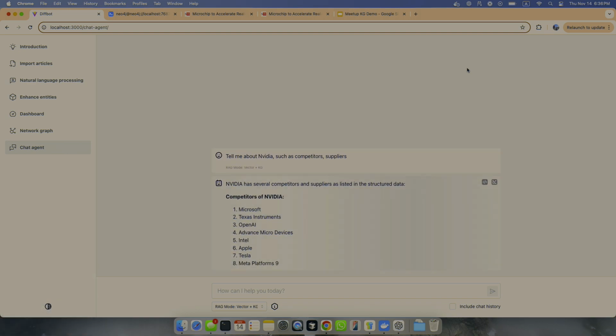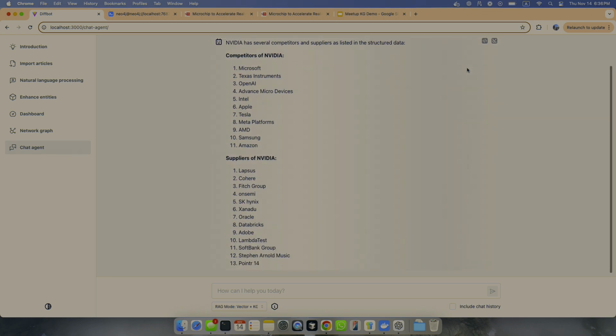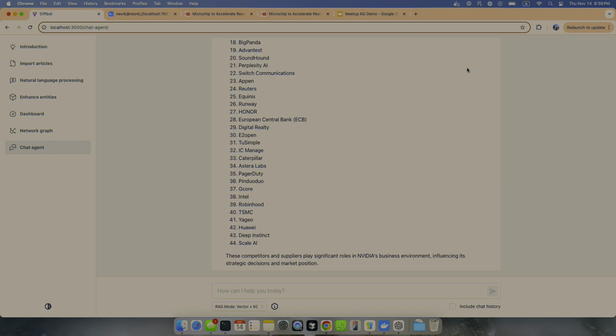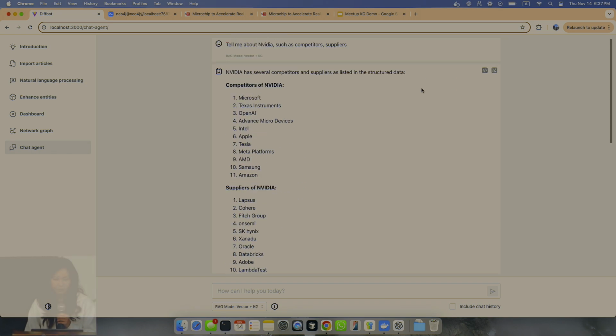Okay, so you see that this is returning this. And this will only happen when you have the RAG mode where the retrievals are fetching both from unstructured data, which is vector-based, using vector similarity search, the most mainstream RAG backbone, and the KG one, which is extracting information from structured data.